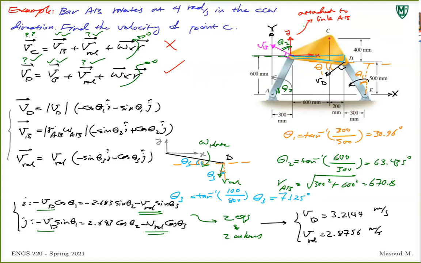Once you know the omega of the plate, you can find VC. So you can go back to the first equation, because now you know the direction of VC. Now you know V relative, so you plug V relative into the previous equation and you can just solve it. We'll talk about it in the next class. Let's just jump into the quiz, then we'll